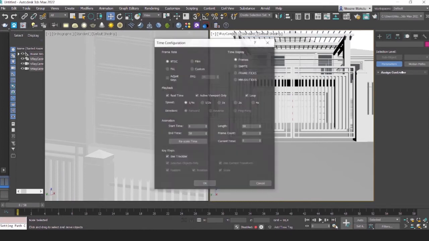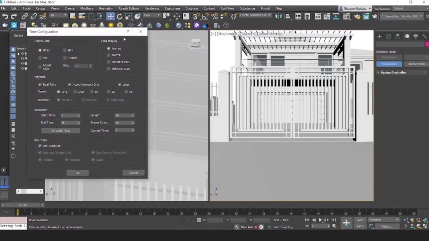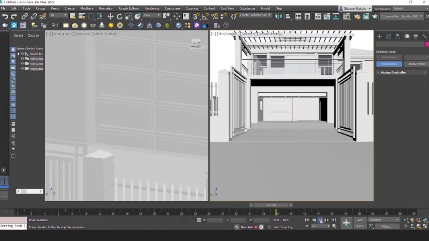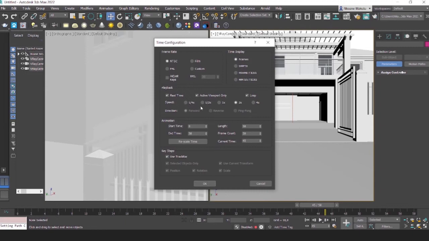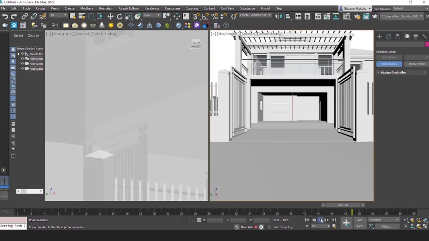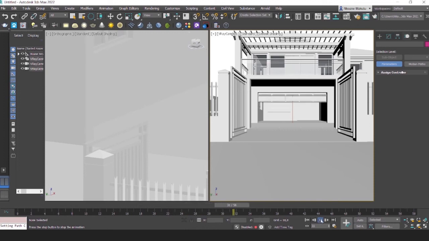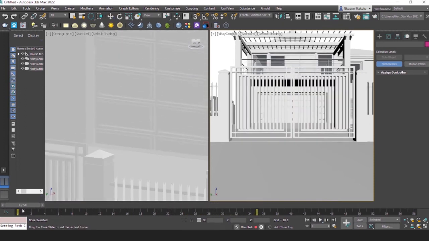Now if you want to do some storytelling with your animation, and you want to make it quicker or faster, you can put it at one of these. So if you make it 2 times, it's going to be very quick like that. So this is how you reduce that time. This is a little bit more adequate for a video, which is okay. Now that we have these two done,